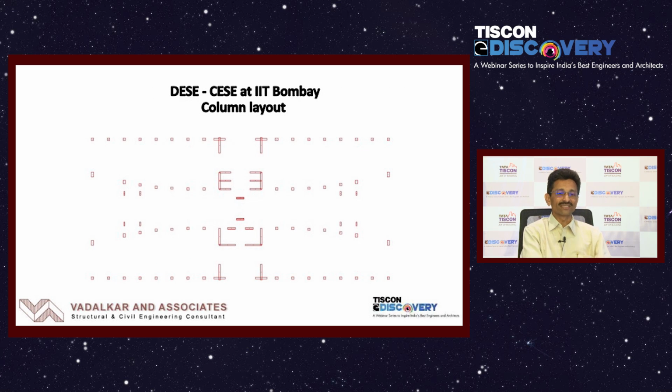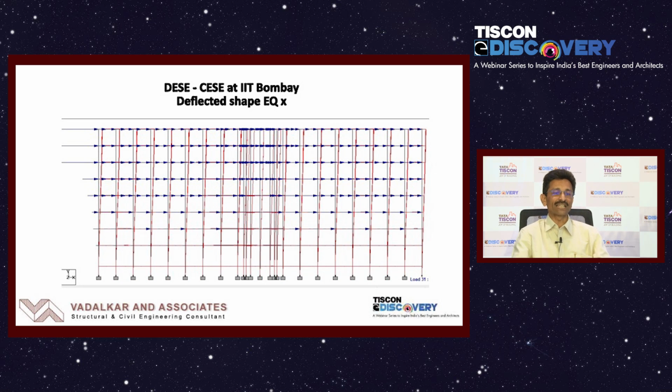This is the column layout, just to give an idea. The central portion that you see is part of the core area, which is resisting all the lateral force. These are the lift shafts, and we have provided some more shear walls in the central portion, and this is the wing on either side of the building. This is the lateral load calculated as per the code provisions, and you have to apply the force in the orthogonal direction. It may be your x or z direction. You apply that force along with your gravity loads like dead loads and live loads, and design the structure accordingly. So you have to do detailed calculations for this earthquake load as well.